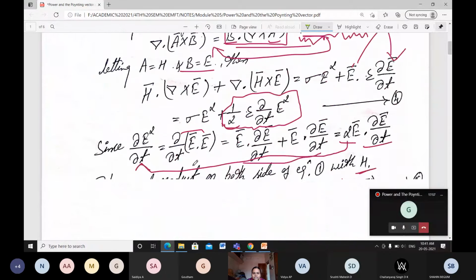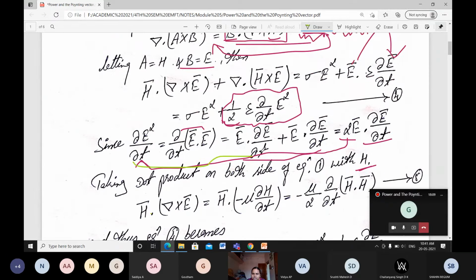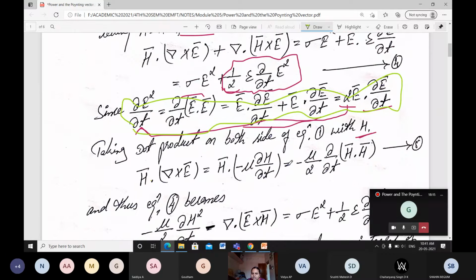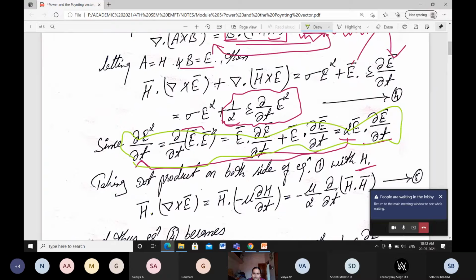The same thing is written here: H dot del cross E is equal to H dot minus mu dou H divided by dou T. In the same way, what we have taken here is minus mu divided by 2, dou by dou T of H dot H. Therefore equation 4 becomes, observe here what we will be doing, now you are substituting this equation in terms